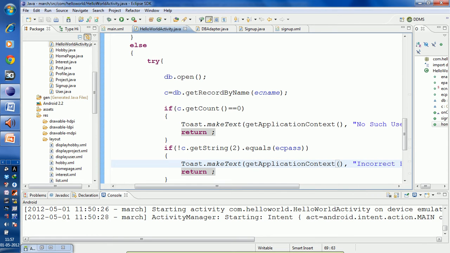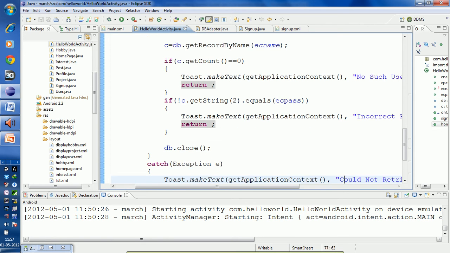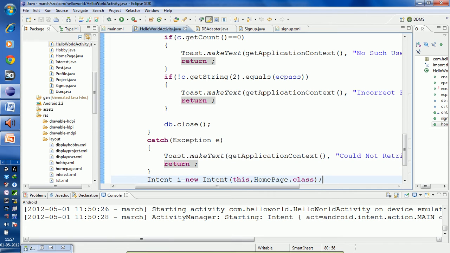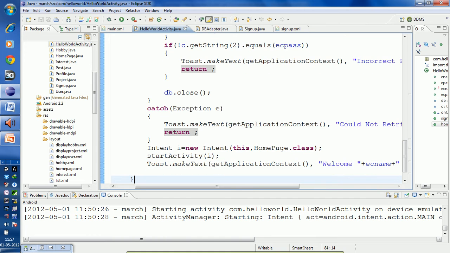We are checking whether it equals the EC password, whether it equals the password that you've entered. If it doesn't, then it will give you a message, incorrect password, and they are closing the database. And if there is any exception, that exception will be caught in the catch block, that is, could not retrieve. And once everything is successful, if you have entered a valid username and valid password, then you are calling an